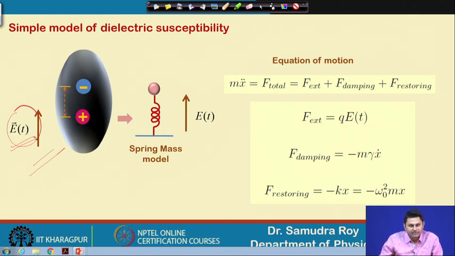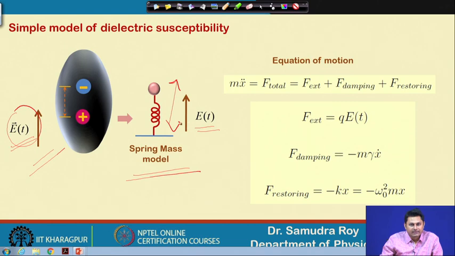If this is a constant electric field, then we should have some kind of static separation, but if it is a function of omega, then these things will vibrate, and we can consider this as a spring mass model, where I am launching the electric field here, and as a result the things will vibrate with some